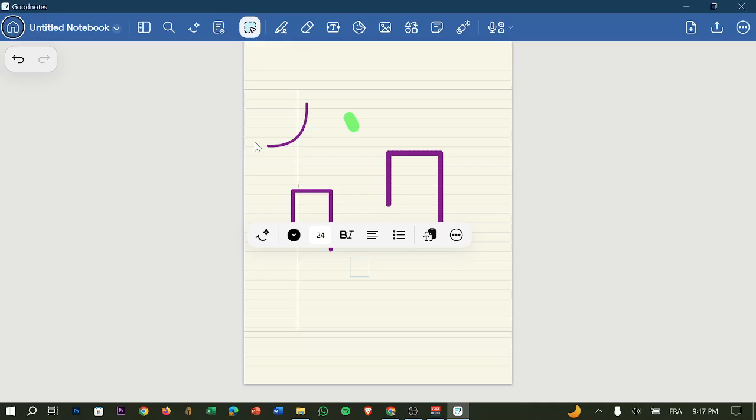So if Goodnotes is taking up too much space on your device, it's usually because of large notebooks, images, and cached data. The good news is that you can free up a lot of storage quickly. In this guide, I will show you step by step how to fix Goodnotes using too much storage in 2026